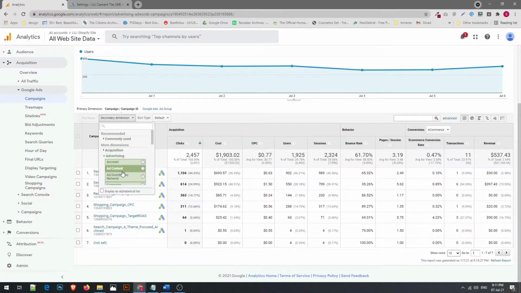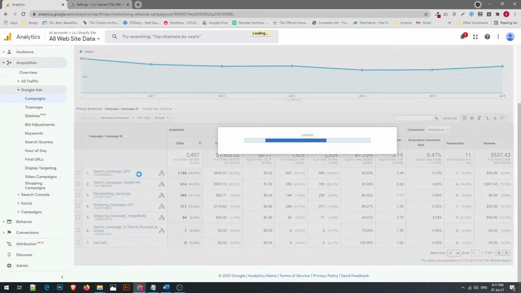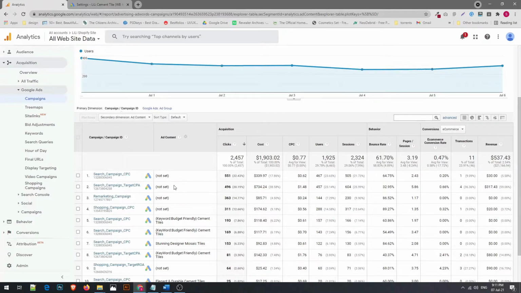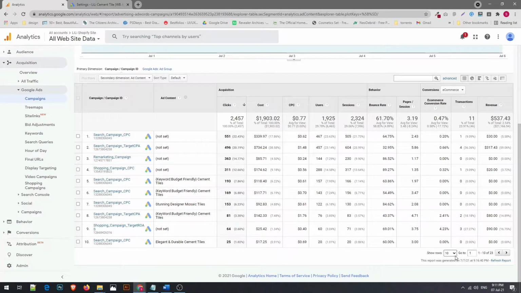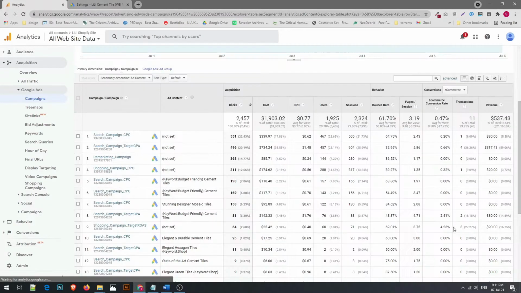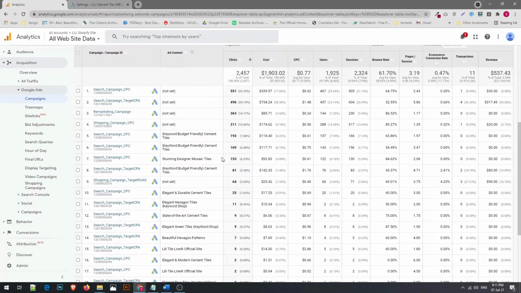So if you are interested in knowing how certain ad content, for example the headings and descriptions of your ad, are performing compared to others, you can click on, for example, the ad content option here, and you will see... let's change the number of rows from 10 to 100 to get a broader set of data. And now you see